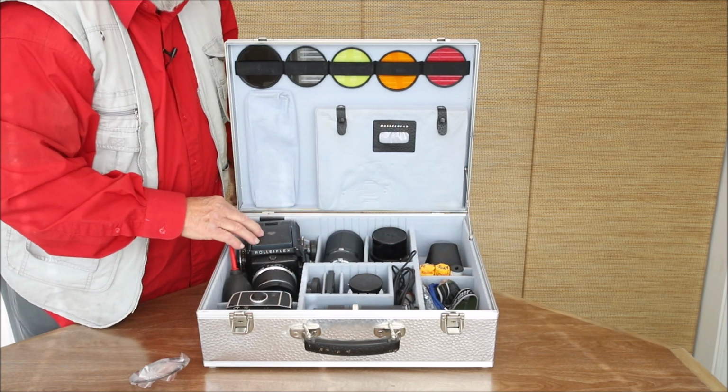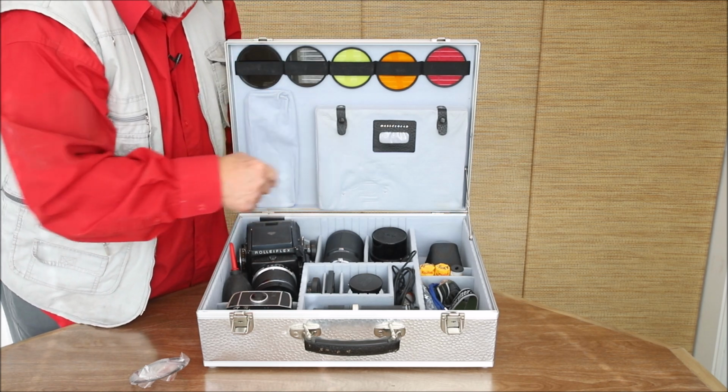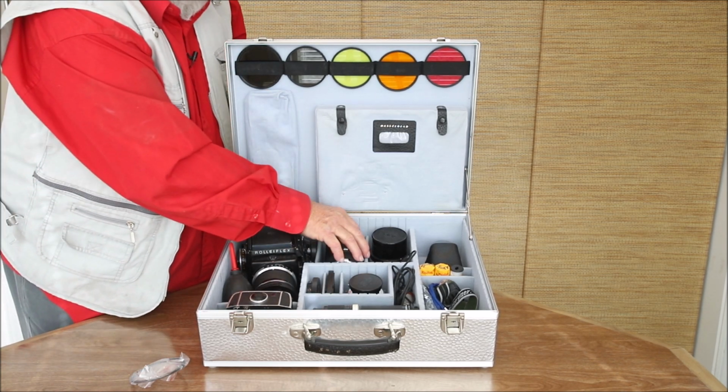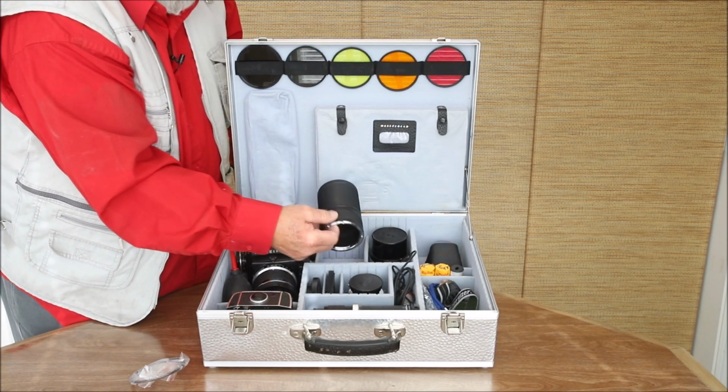There are times when the camera position is too high, and this isn't really practical. So that other finder there is just great. Now, a lot of folks will look at this and think that I have another lens here, but in fact,